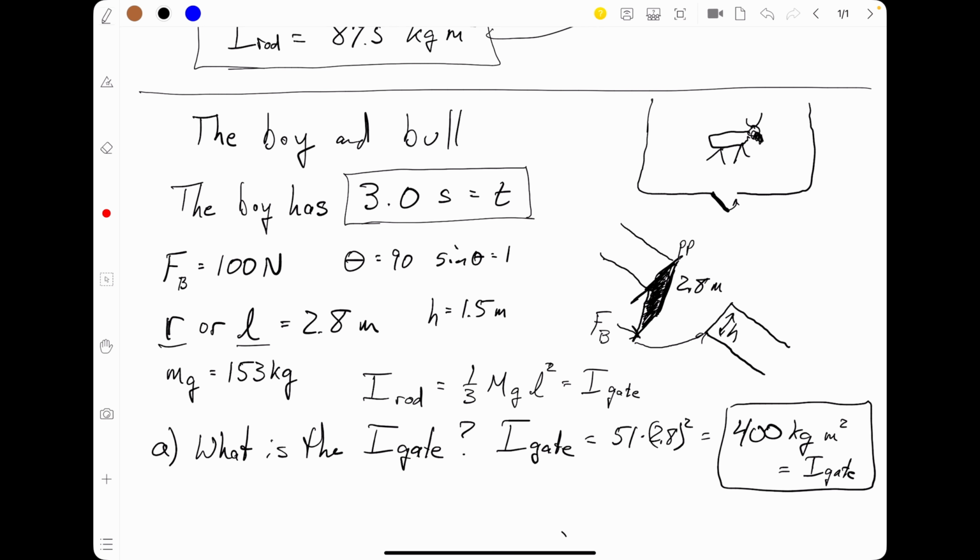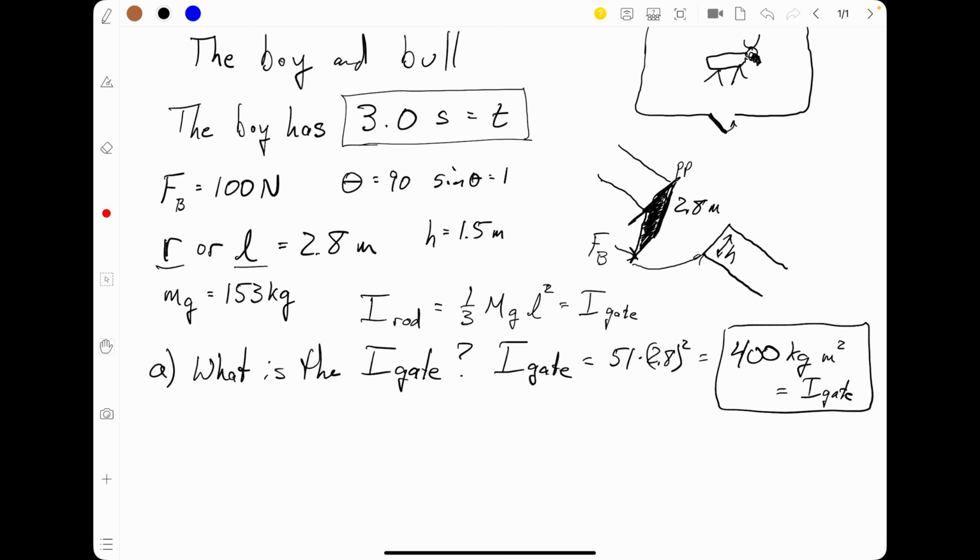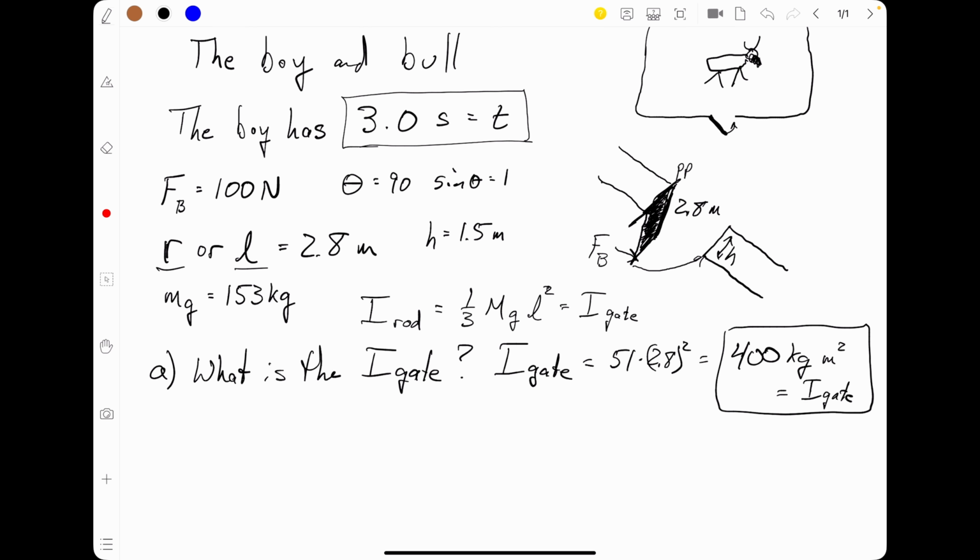Okay, what's my next question? Next question, B. What is the angular acceleration of the gate? What is the alpha? All right. So,